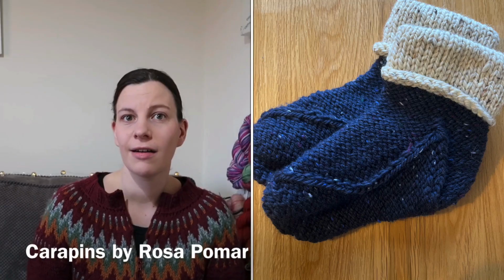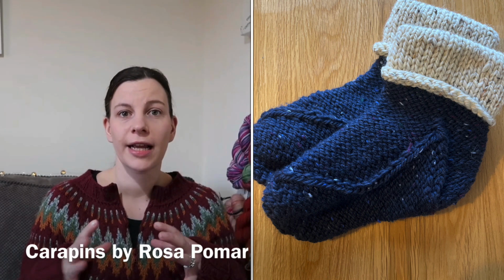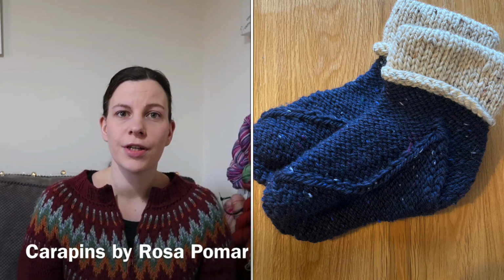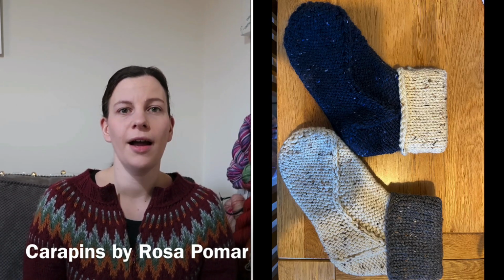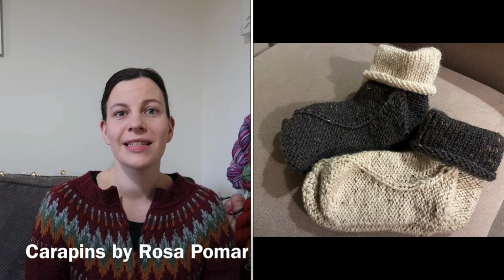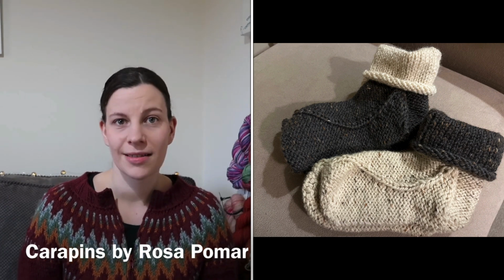What I opted to do, so this is a pattern which you knit in bulky weight yarn, you then felt slightly to kind of shrink in so that you've got a lovely slipper which is nice and rigid, but I opted not to felt the socks. That is because when I tried those on both my husband and myself, they seem to be at the limit in terms of sizing. My sister has a larger foot than me, my mum has a foot the size of my husband's, my dad's is larger, and my sister's partner's is even larger than that as well. So I didn't want to felt the socks for them to become smaller and therefore not be so well fitted